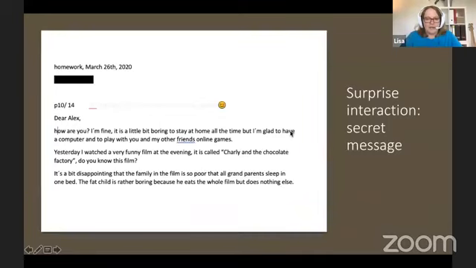Another little surprise interaction that I got from a student, I'm calling this the secret message, because one thing I've noticed about being away from students physically is you miss those little interpersonal jokes or little senses of humor or little things that can be quite charming, especially age 10 to 14 or so. I mean, older students too, but the younger ones are kind of blossoming in finding their own way with their senses of humor and the way that they feel confident or not so confident yet. And this boy sent me his homework as a Word document,